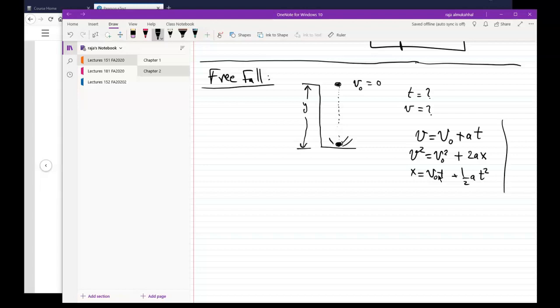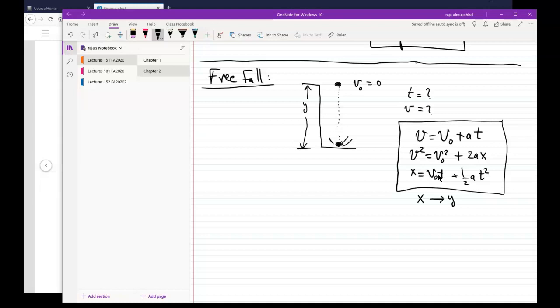Now, when we talk about free fall, we are constantly talking about vertical motion, or motion up and down, you know, vertical up and down. So what I want to do is make the x become y, okay? It's a better notation because y is the vertical axis, you see what I'm saying? And then also,